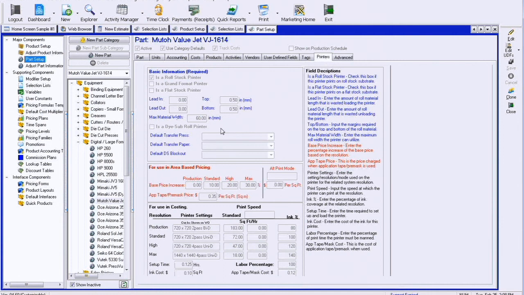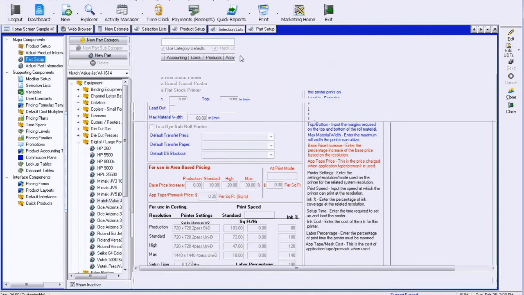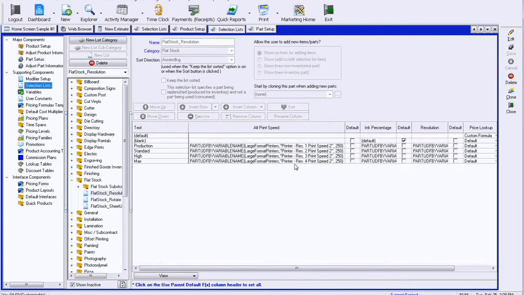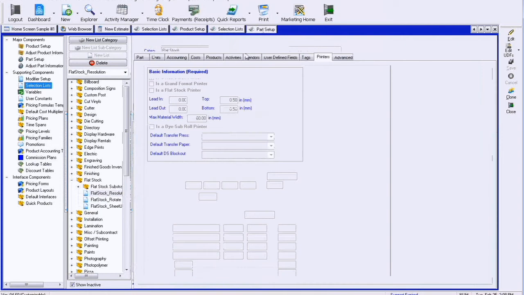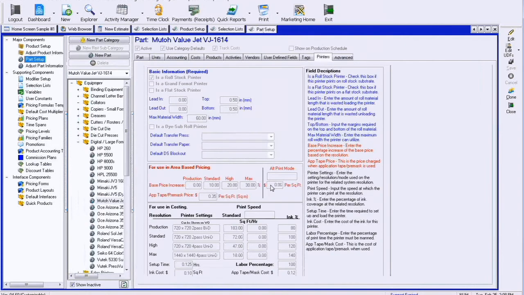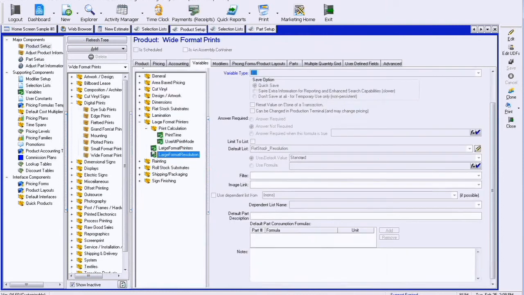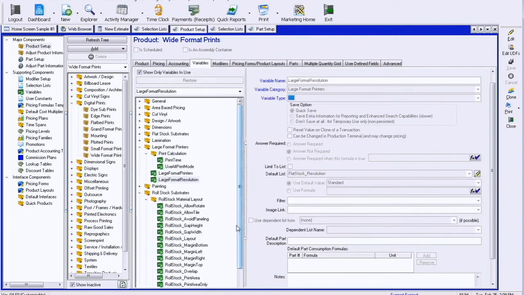If there's something I need to know about a printer, you can put it here, or you can put it in the selection list based off your printers. They either would work, and then you can pull in that value. Different things just work a little bit better and are easier to maintain. If it's just based off of a material category, like I want something defined not necessarily based off the specific material, but just the fact that it is banner material, then in my roll stock material type,